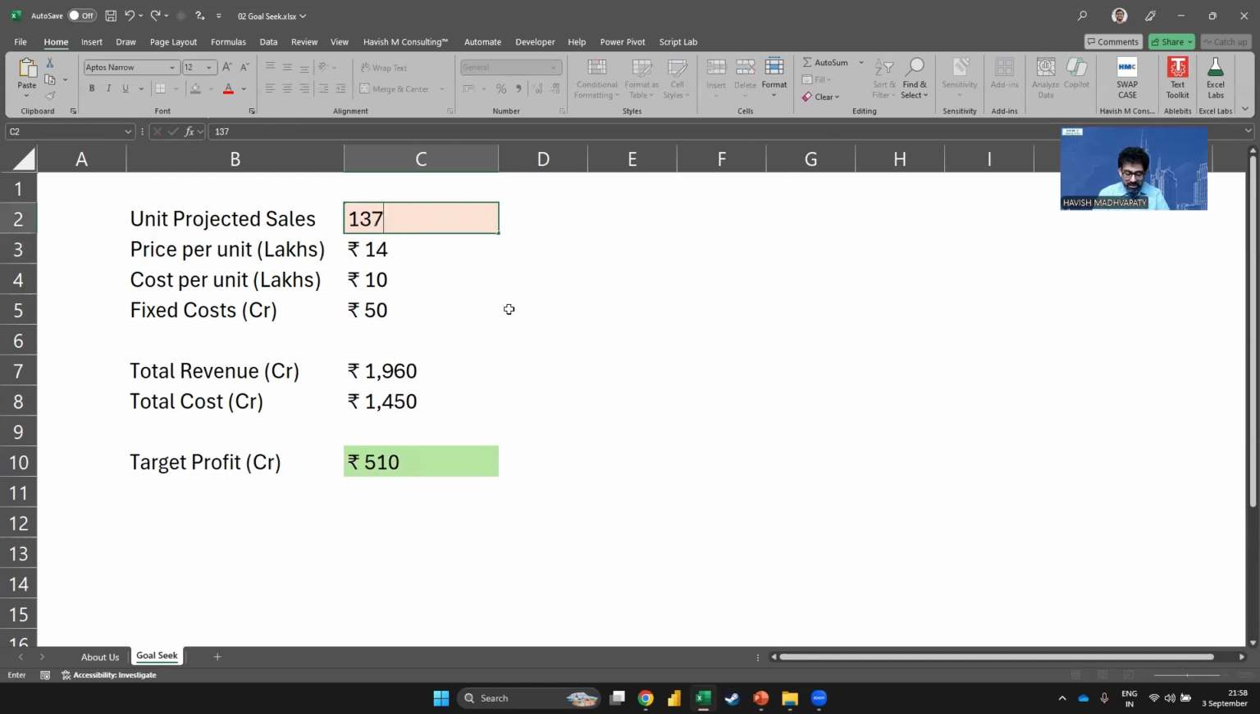Now I'll have to reduce it to 13,700. Do you see the point? I am able to do it, but depending on how many calculations there are, it will take time. And this is a very inefficient way. This is not how you build a model, right? You're not going to sit in front of the client and, like a monkey, keep putting in different values, right? So what we will do here is